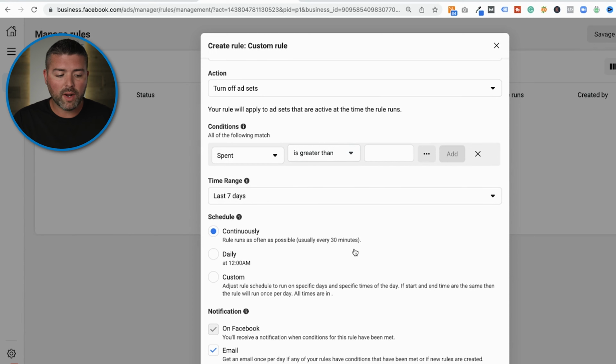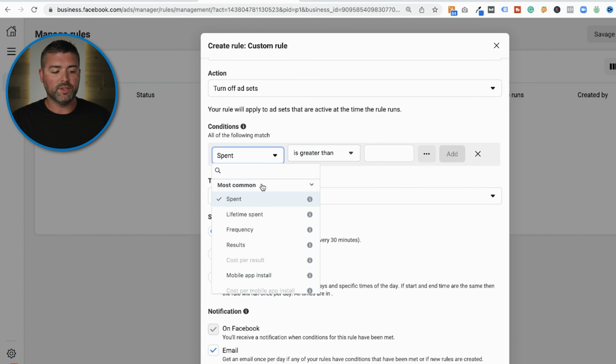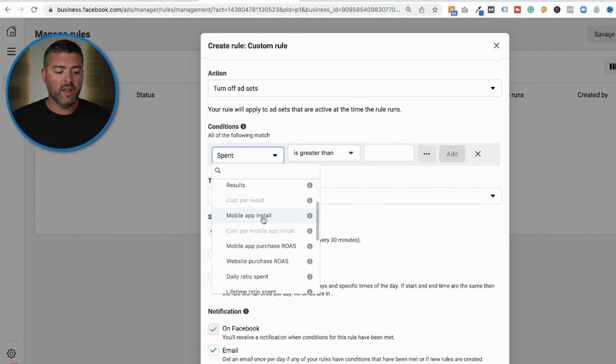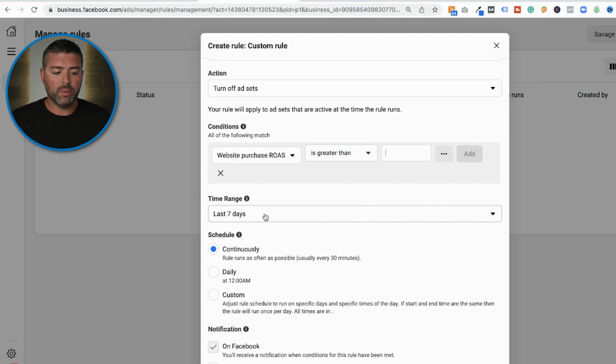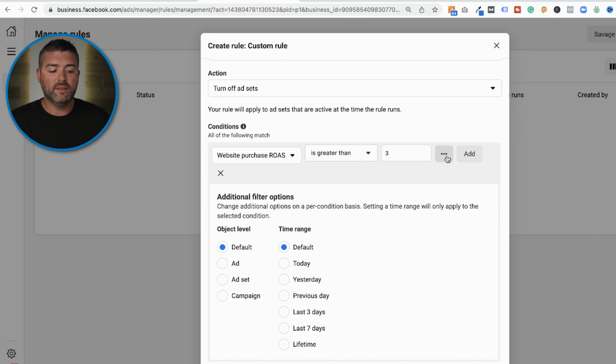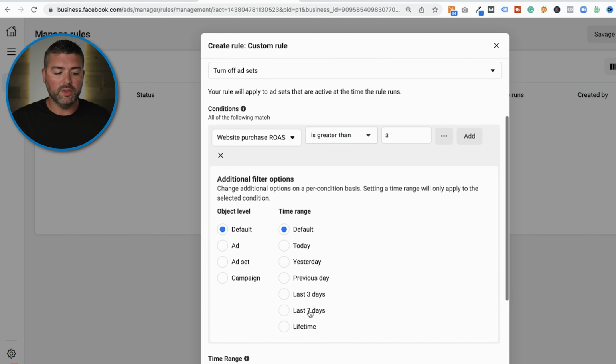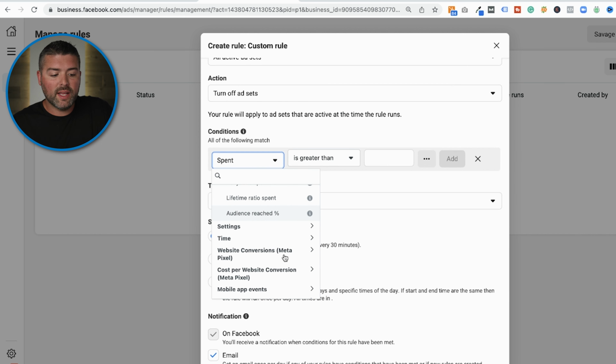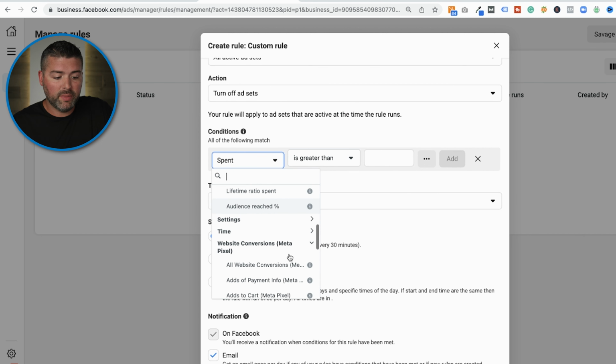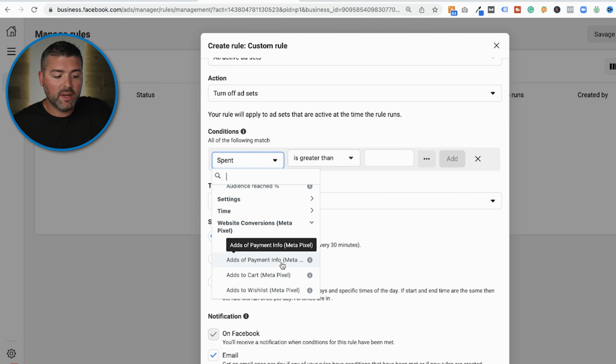So, my recommendation is within the conditions, anything that you have that is website purchase ROAS greater than 3 needs to just be eliminated. You're going to need to delete this, and what we're starting to do is attribute the baseline KPIs to our rules. So as you can see, instead of doing website conversions based on conversion data, ads of payment information based on the Meta pixel,